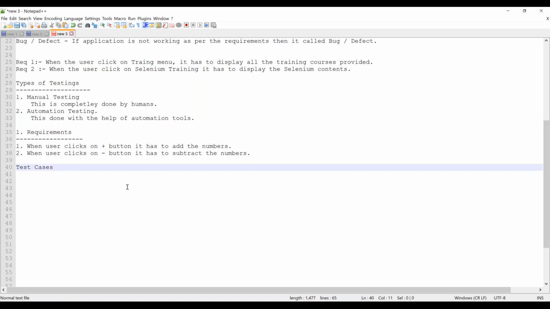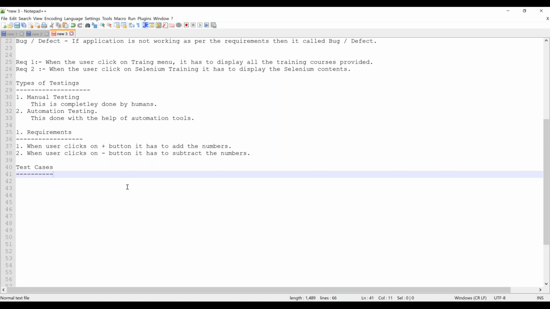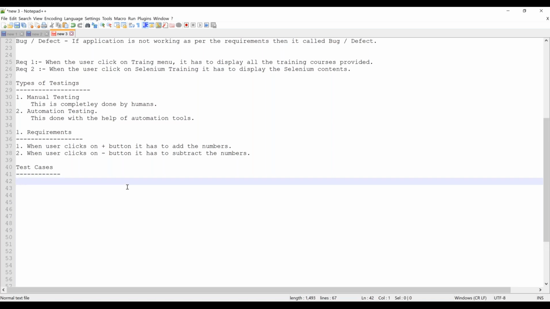Okay, so there is something called test cases. So what is a test case? A test case is like a checklist that the user has to perform on the application.